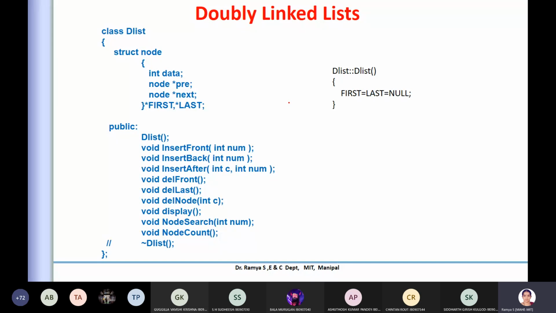So what is important here is, whenever you create an object of a doubly list, you are making the first and last pointer null. This is the difference from your singly list. You have only one pointer, head. You don't have a last as such, because you don't have to travel forward and back. So you don't have forward and backward in the case of a singly linked list, but it is true for the doubly linked list. So you have two pointers here, and both are initialized whenever you construct them. Okay, and these are the operations we can do. Now let us take them one by one.